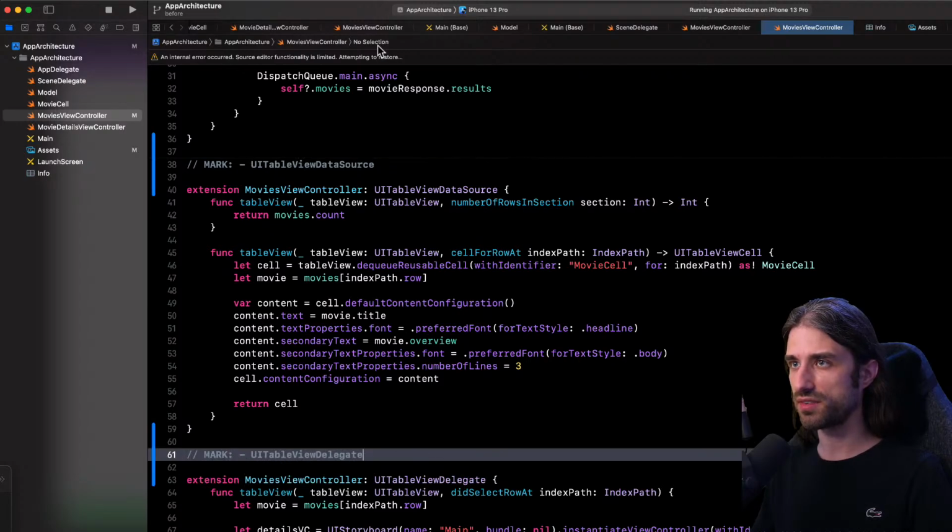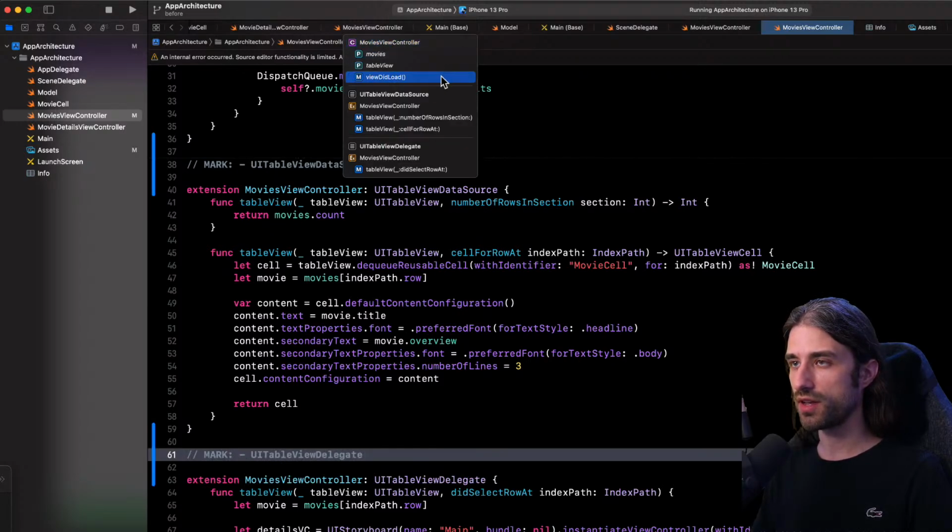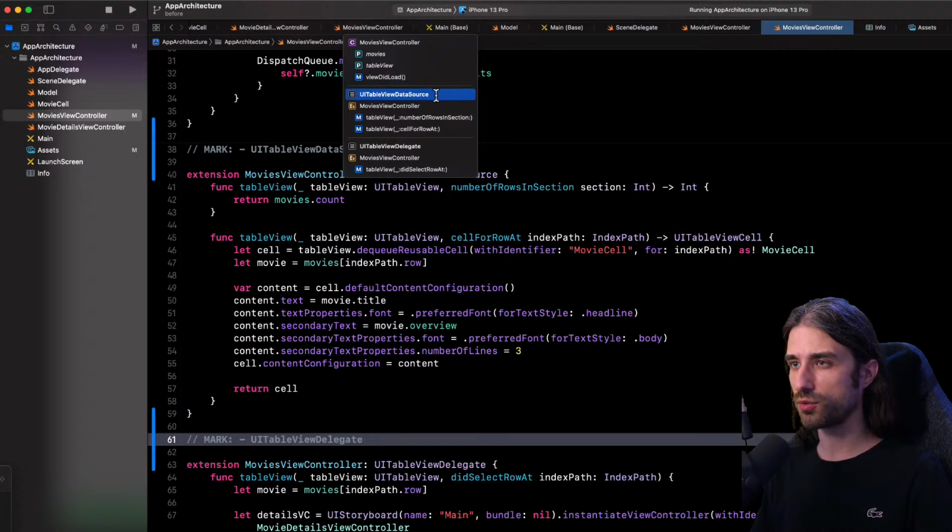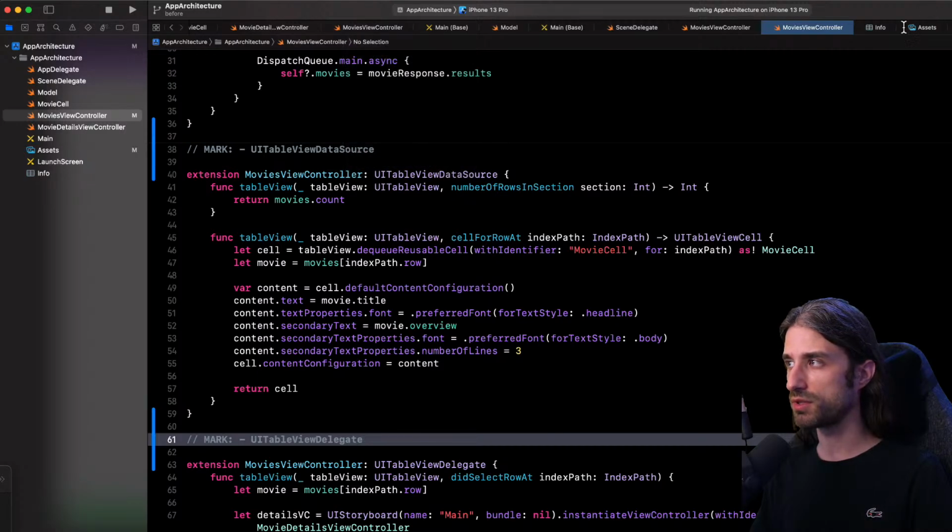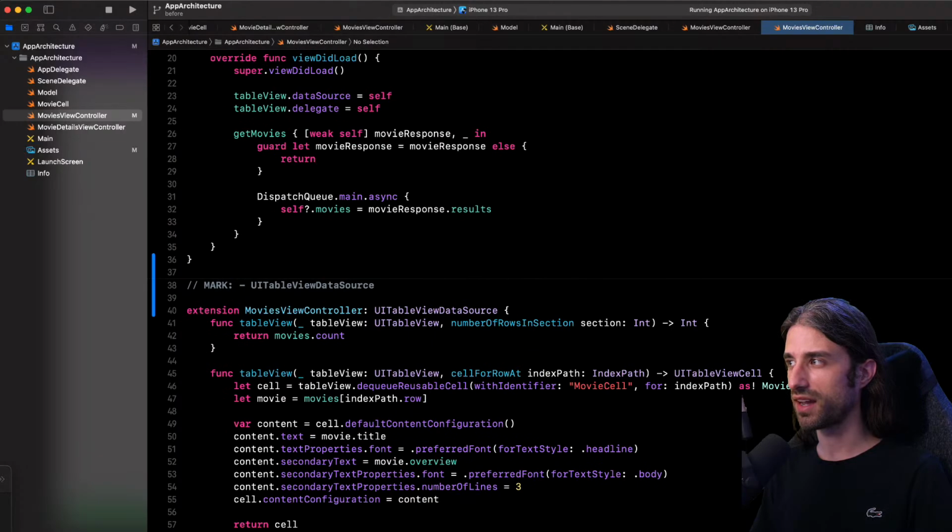And what's nice is that if I click back here, we can now see the conformance to each protocol being displayed in the outline of my file. And of course, let me also display the minimap. I am not sure it's here. Yes, you can see that it is. You can see it because it's hidden on the live. Sorry, but if you display the minimap, it also appears on the minimap.